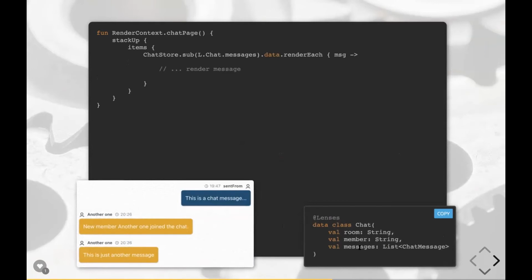We create another substore accessing these messages by using our lens. And now we call a method called render each, and this causes fritz2 to watch the list we just pointed to,